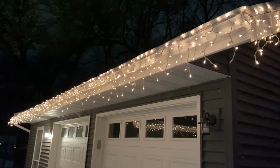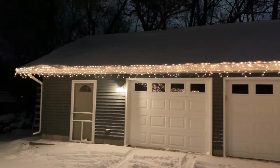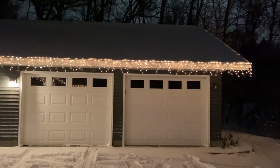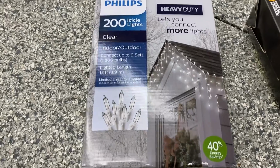No blow-up toys from the superstores at this house. It's clean, it's classic, and timeless. It's a look that never goes out of style, and best of all, I can get everything done in about an hour. Now, the lights are the star of the show, and for that, I like to use the Philips